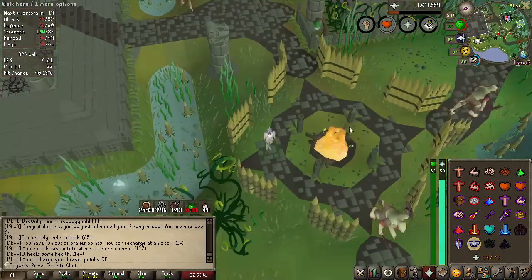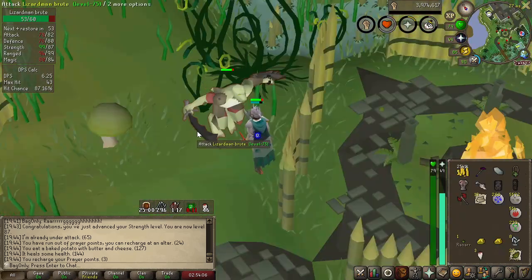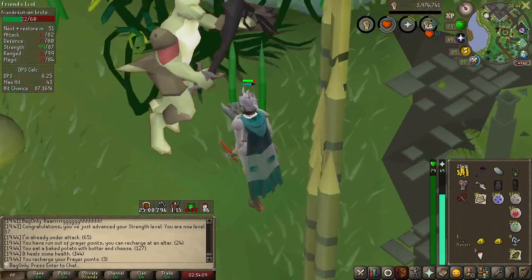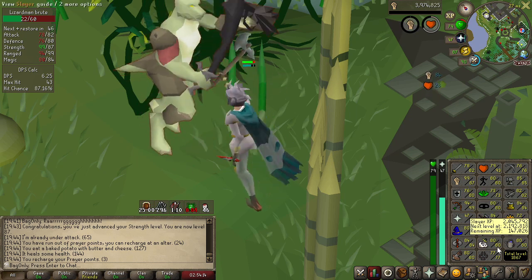Hey everybody, here we are, just slaying some lizard men at the behest of Konar. That's why we're in this really rubbish location. It's going quite well so far today. I've got 230k strength XP and another strength level, that's 87 here on the account, and our Slayer is now